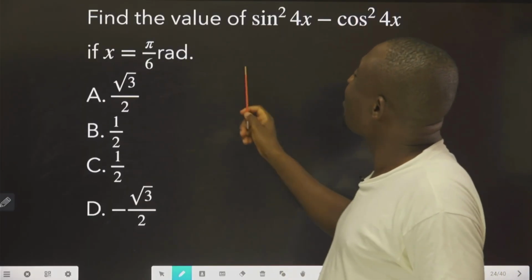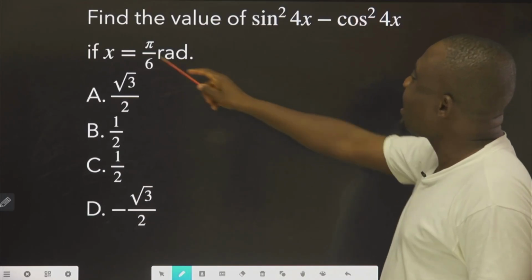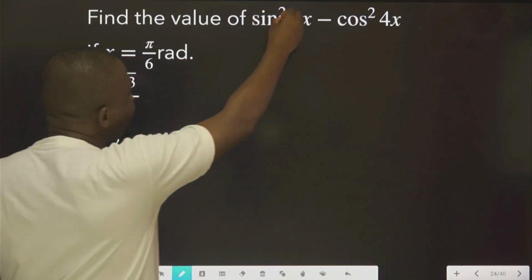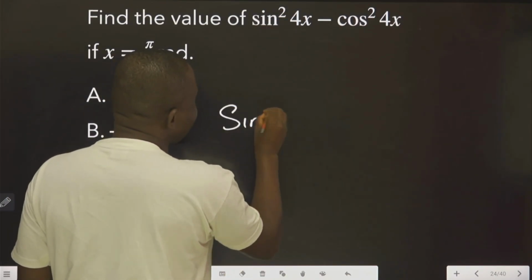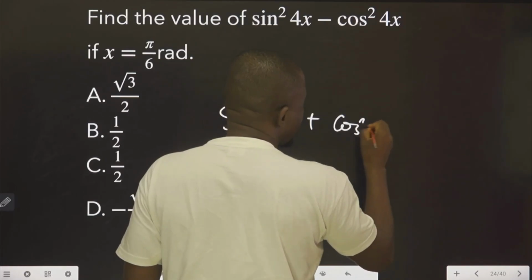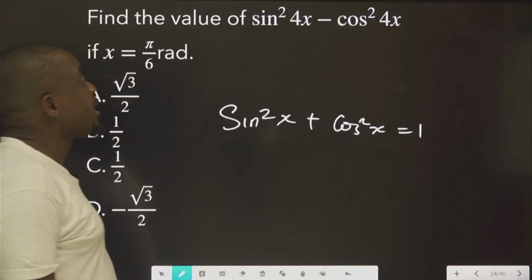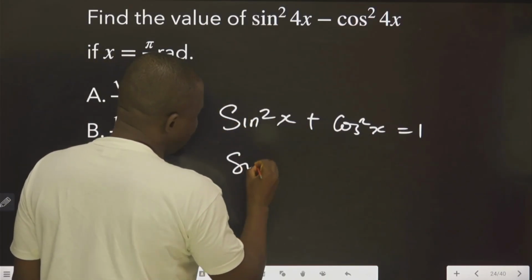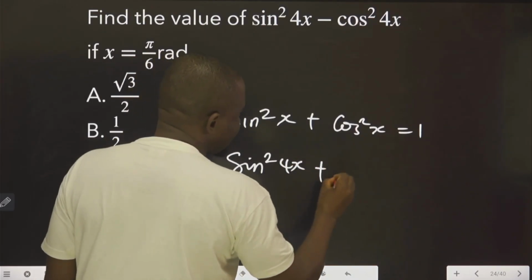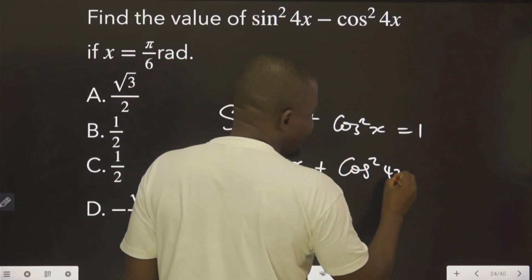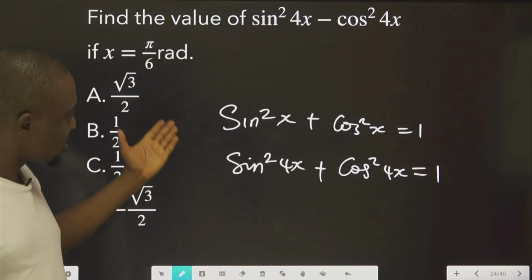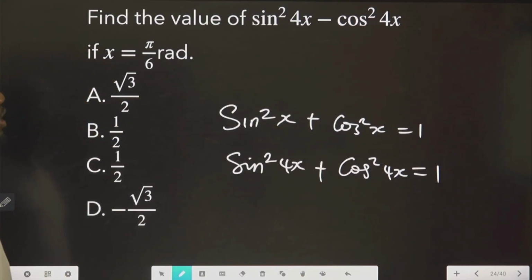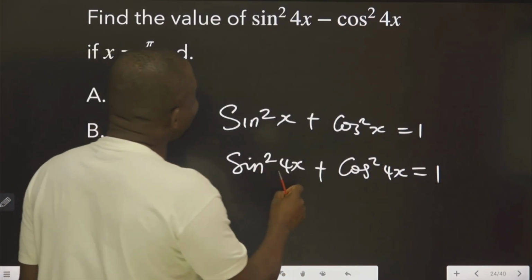It says, find the value of this if this is equal to this. Using trigonometry identity. What you are going to do, first of all, remember that in trigonometry identity, if you have something like this, it's equals to 1. Okay? So what we have here now is, in place of this s now, we're going to replace it with 4x. Okay? That is either this or this. Now, this is what we have. We're going to go by this. The issue now is that what we have is this